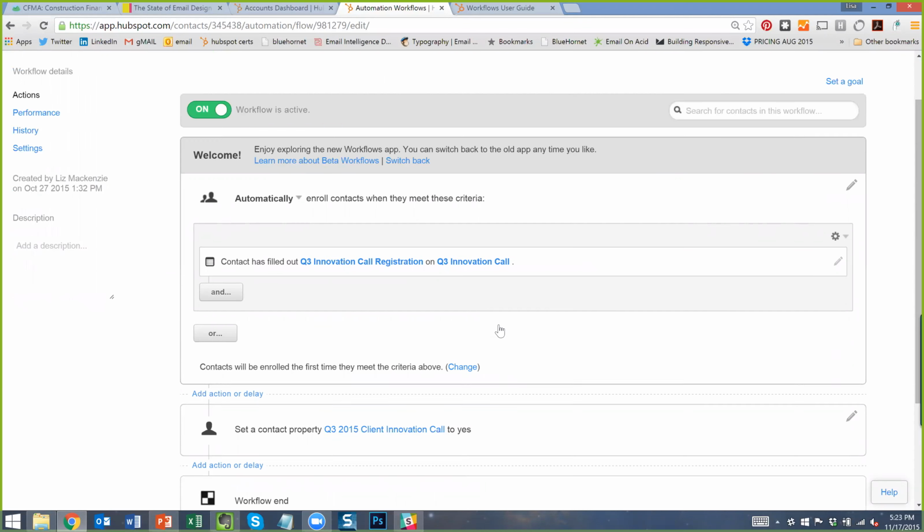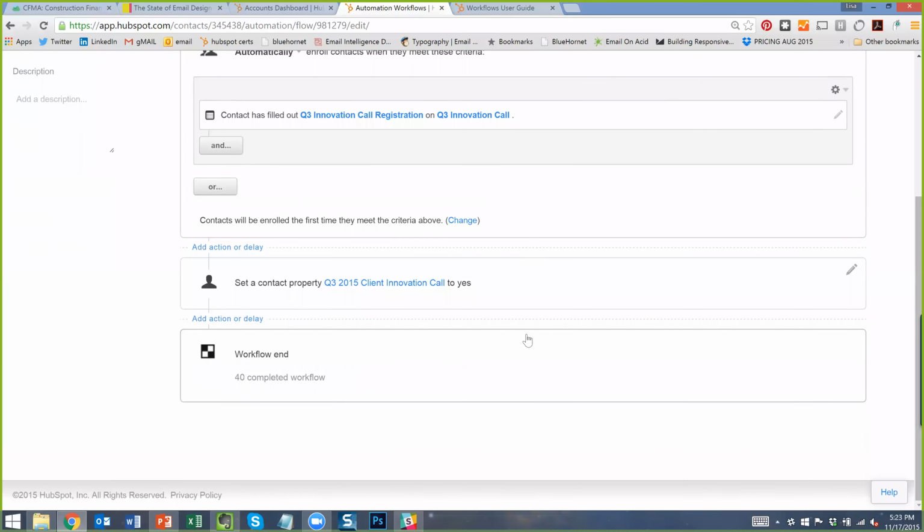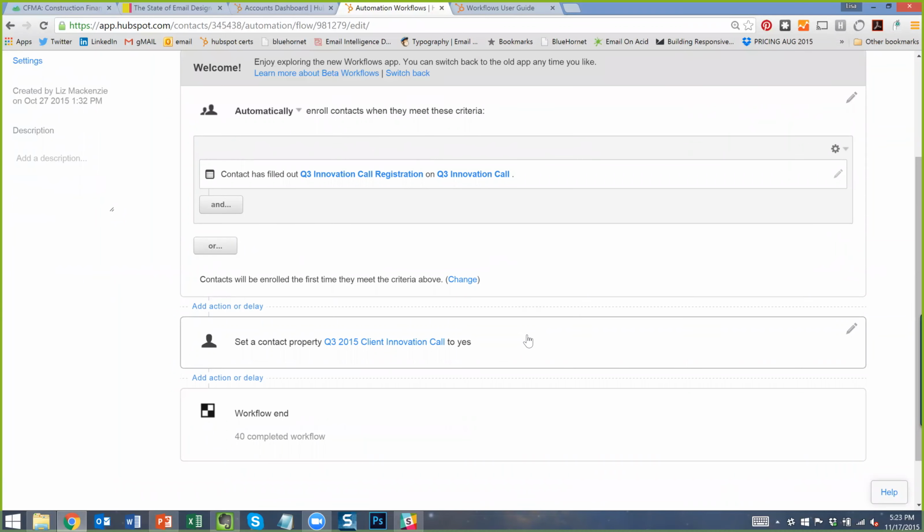So what this basically did for us is without us having to go in and manually change a field or a property for 40 different people's status to yes on that, we just put this workflow in and said anybody who filled out this form gets their contact property set to yes. And this is helpful because later when we want to send people an email, like a follow-up email, say,